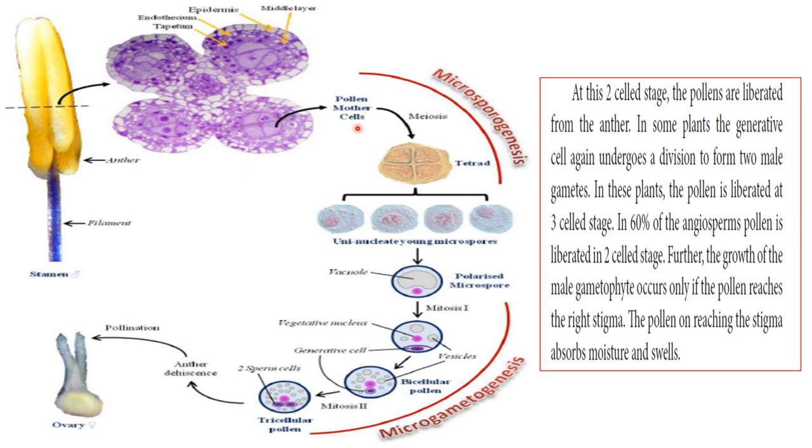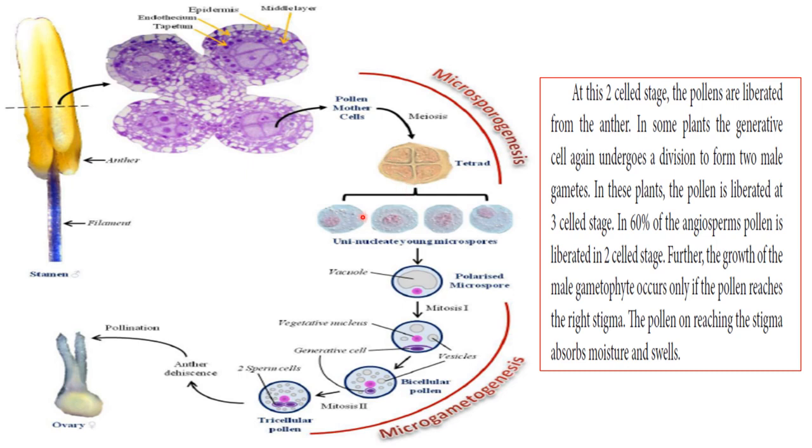For example, in garden pea there are 14 chromosomes in the diploid condition, and the haploid condition will be 7 chromosomes. So each microspore has only one set of chromosomes, which is called the haploid condition. The formation of the microspore from the pollen mother cells is called microsporogenesis. This pollen mother cell undergoes meiosis, so the chromosome number is reduced to the haploid condition and a tetrad is formed, that is, 4 microspores joined together.